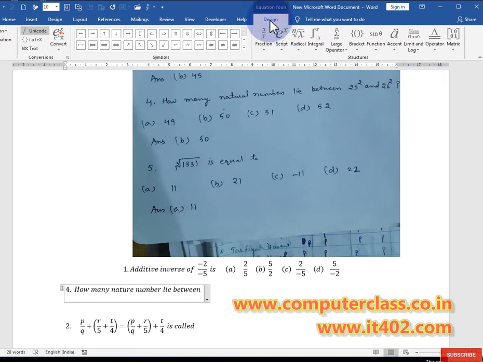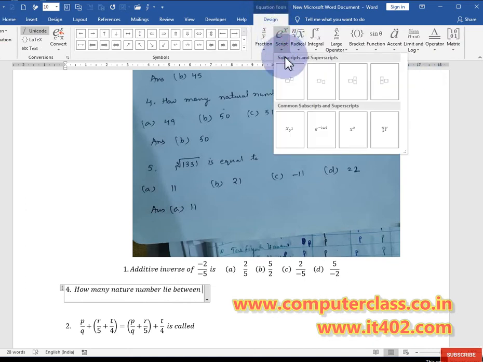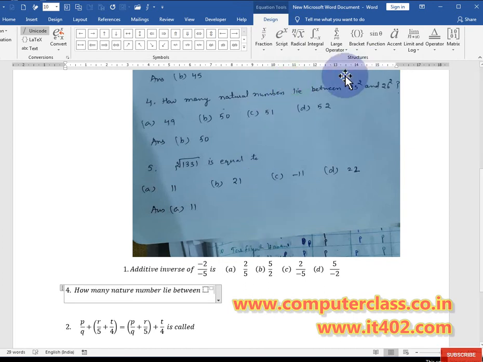You need to click on the Design tab, then click on Script, take a script structure, click and write 25, then click on top, give the power, use the arrow button to come back, and after that use this option again, click on 26, write 26 and give power, and after that use brackets.